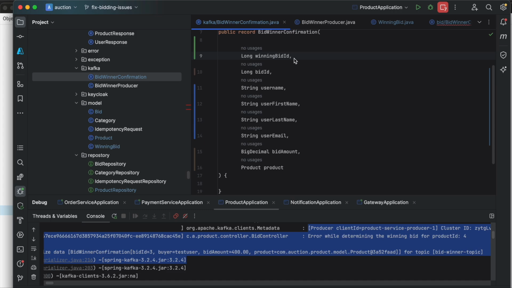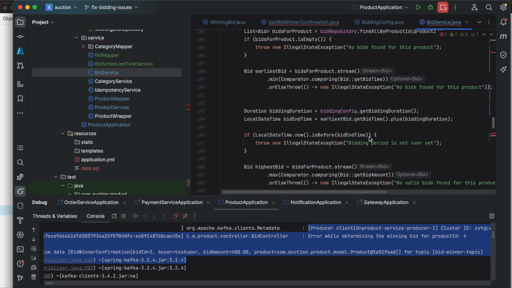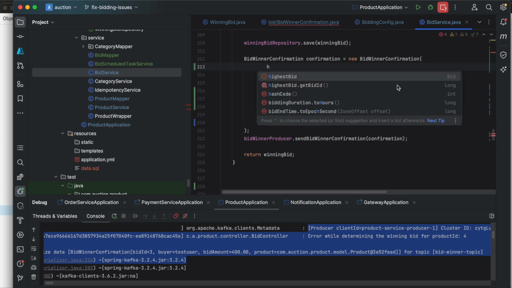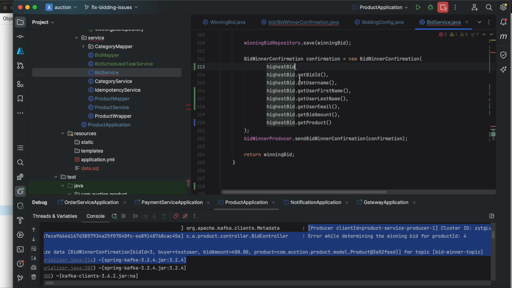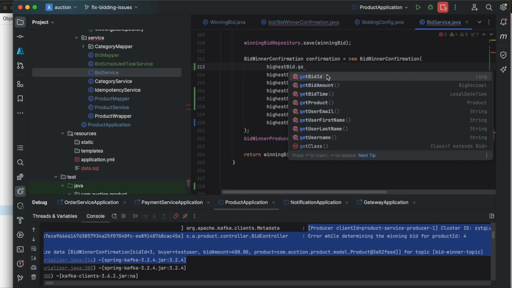Yeah, so we record the winner of the bid. So you have lots of bidders, but you need to record the winner of the bid to get the details. So we've got the bidding ID over here, but I think in here we also need to update here. So we got bid ID, so let's go higher ID, highest bid, and we want bid ID, which we cannot get at the moment because